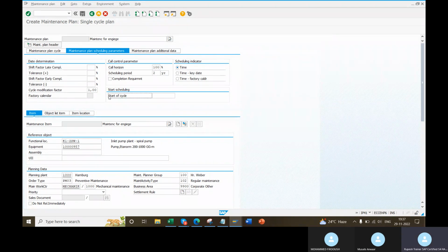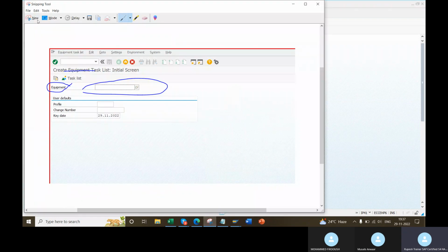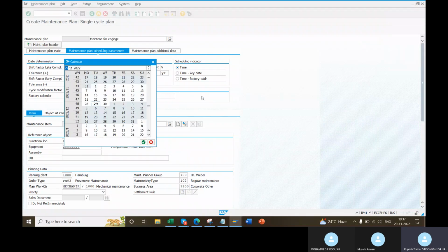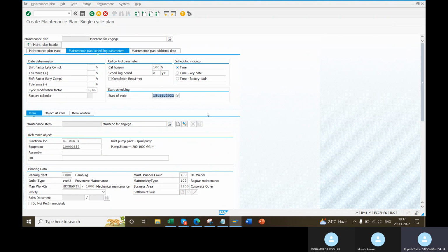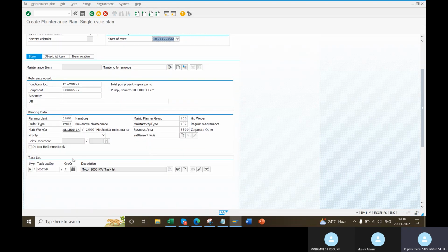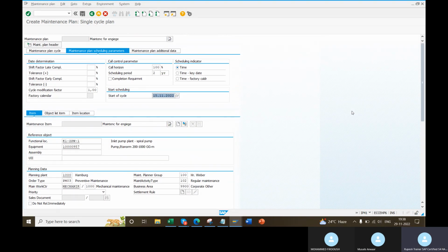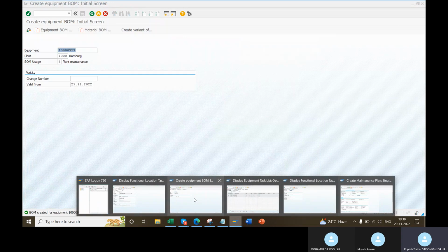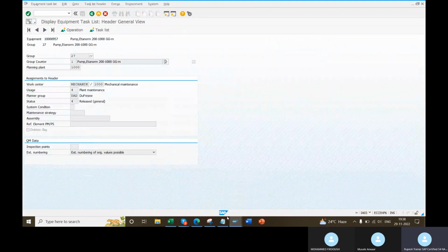The startup cycle is very, very important. This field is very important. You see here, first tab, second tab, third tab, only 3 tabs are there. So I'm going here, I'm giving my startup cycle. I will give 15 days before. I will tell you the reason. Why I am taking this, I will tell you now. You asked me what is key date, that I am telling you now, along with this.